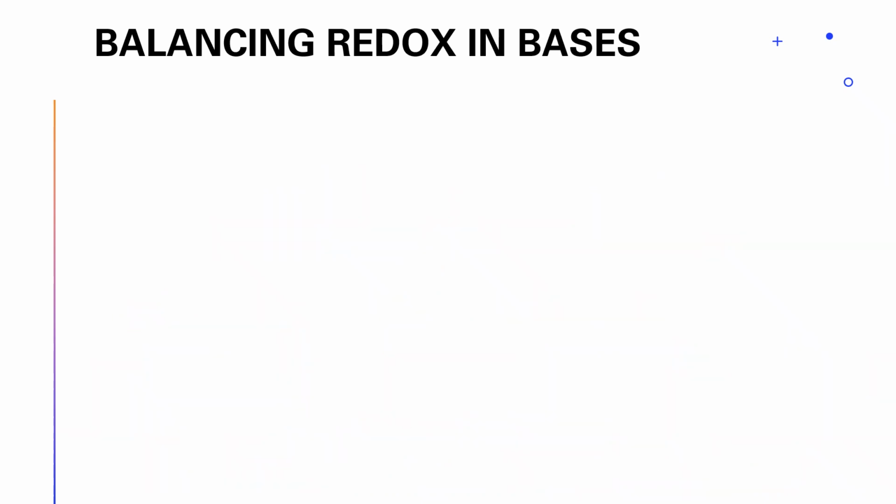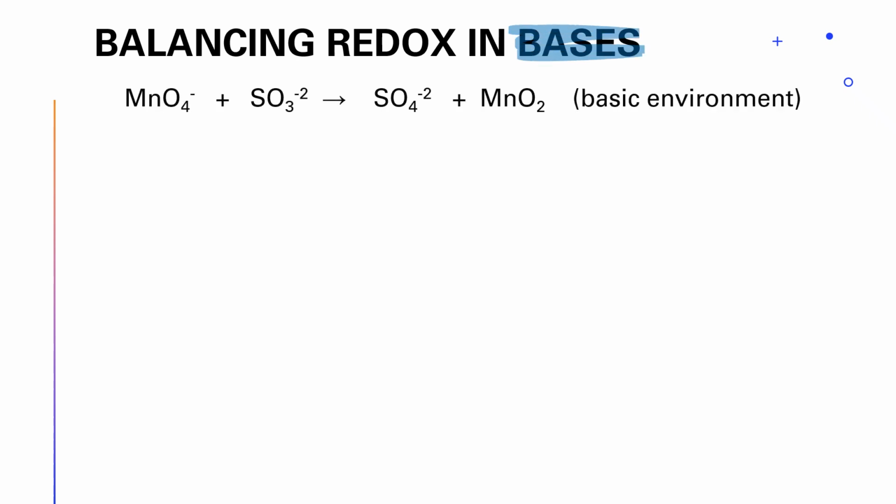Now let's try balancing a redox reaction in a basic solution. It uses the exact same process, it just adds one more step at the end. When we are in a basic reaction or a basic environment, we're going to do exactly the same things as we did before, just add one extra step. All right, so our first step is to separate this into half reactions. So I see that there is a sulfur section of this, and I see that there's a manganese section of this. So for my sulfur section, I have